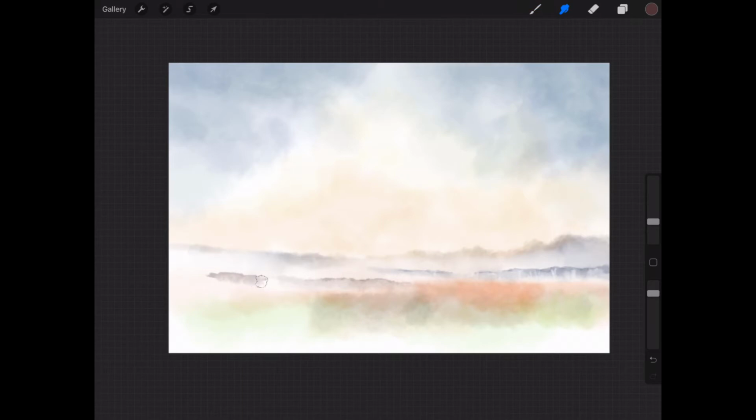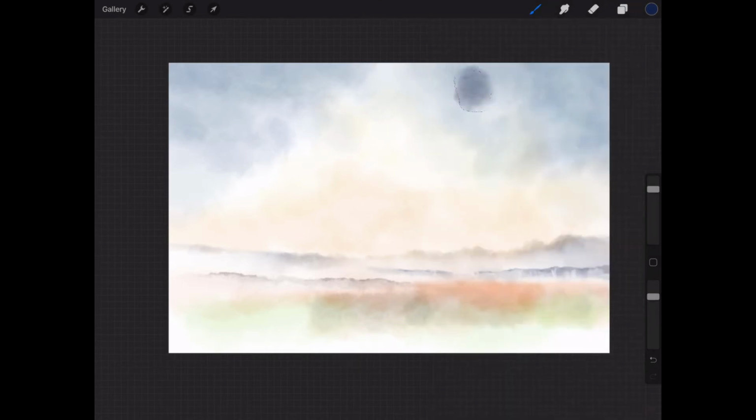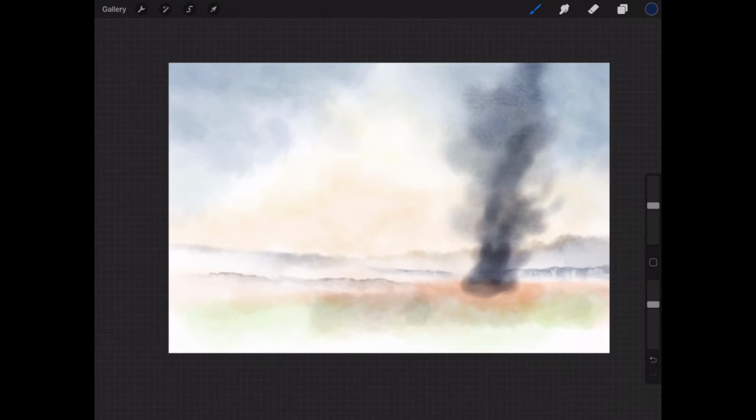Add in another layer of bushes, so you can see the mist rolling over those bushes now. This is a really light painting because it was cold. All the colours were muted. And then I go in with the blending brush again. The watercolour wet in wet wash brush with a grayed off blue, and on another layer again set to multiply,